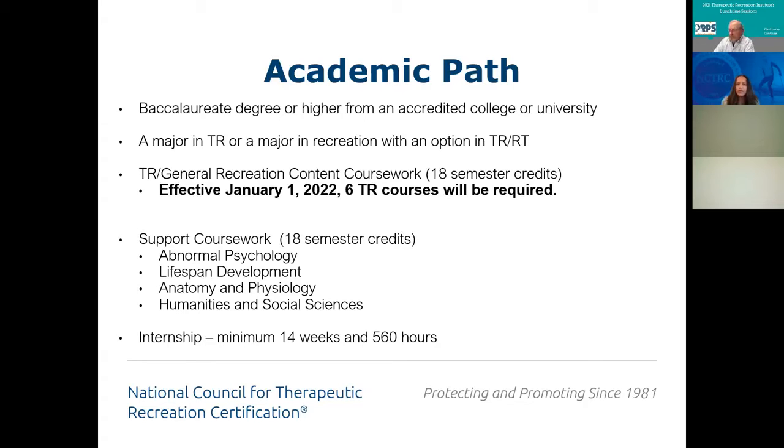Along with that, we'll also be looking for supportive coursework, which is the current requirement at this time. We're looking for coursework that's specific to abnormal psychology, lifespan development, anatomy and physiology, and then just general humanities and social sciences. As long as you have the therapeutic recreation coursework and the supportive coursework completed, individuals can submit their application for professional eligibility. This is an option for individuals that you might choose to submit an application before being